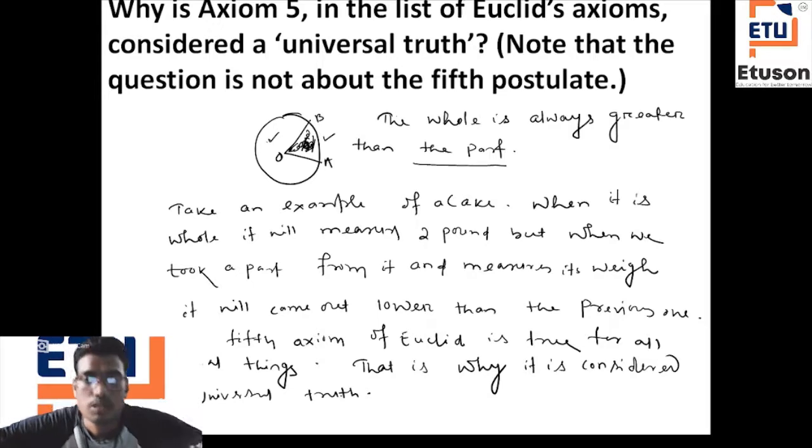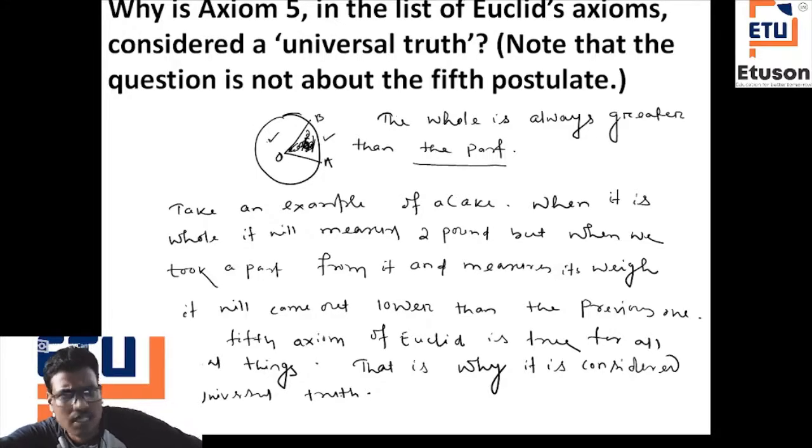that's why mention this over here. तो एक्सियम 5 में क्या था, द होल इज ऑलवेज ग्रेटर देन द पार्ट, ये हमारा एक्सियम था। In the list of Euclid's axioms considered a universal truth, ये हमें लिखा गया था, तो हमें यहाँ पर एक एग्जांपल देना था और उसी के आधार पर उसे प्रूव करना था। मान लो 2 पाउंड का केक, right, just assume that one is a 2 pound cake, if we took a portion from that one and you start measuring the remaining part, it will definitely be less than 2 pound, right, that is the concept, nothing more than that, so it is considered as the universal truth, ये universal truth, right, इसको प्रूव करने की कोई जरूरत ही नहीं है, right,